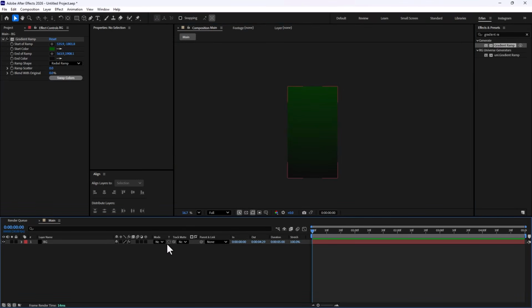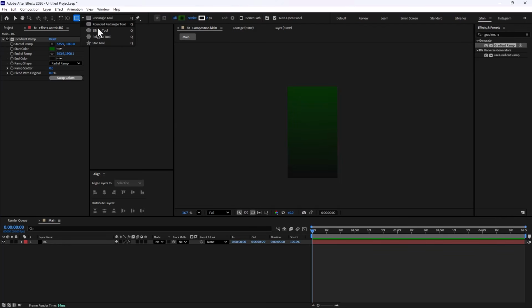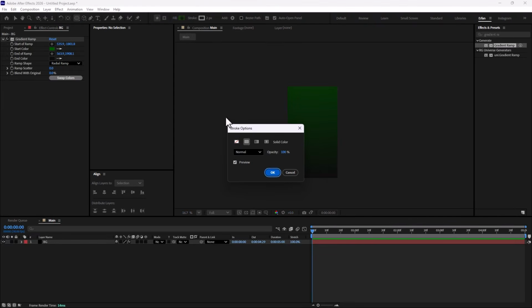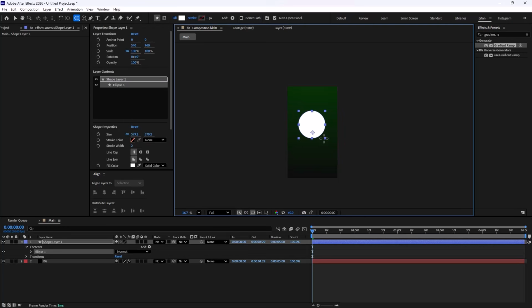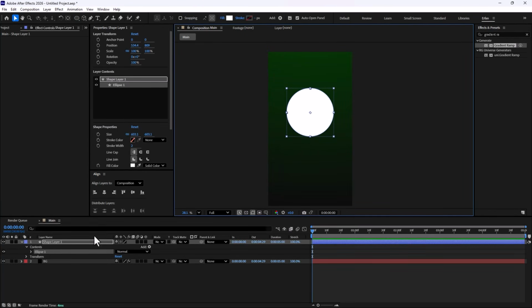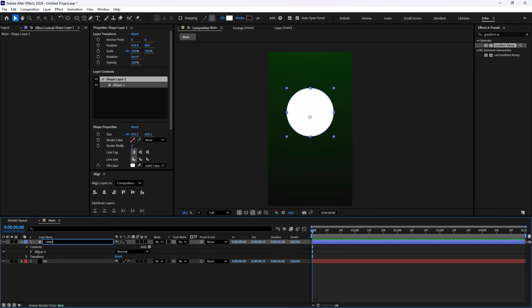Now let's proceed with making the minimal characters. In order to create the minimal characters, you only need to understand two things: the gradients and how to design the minimal shapes. Well, the minimal shapes are easy to do. All you need to do is select your rectangle tool, and then switch to the ellipse tool. I'm going to turn off the fill for now, and let's just set the fill to a solid color. I'm going to hold shift and draw a circle like this. So this is all we want for designing our character, and this is going to be the head of our character.